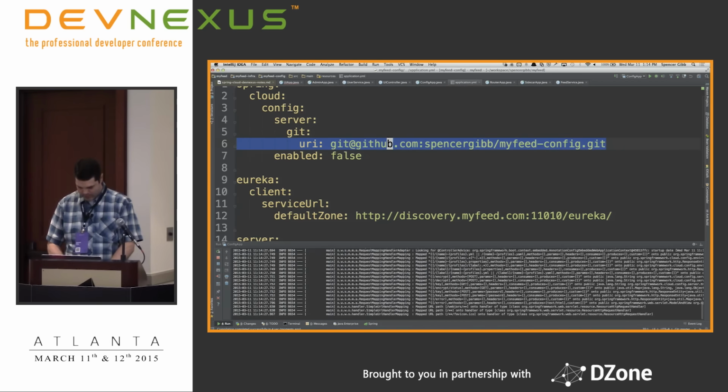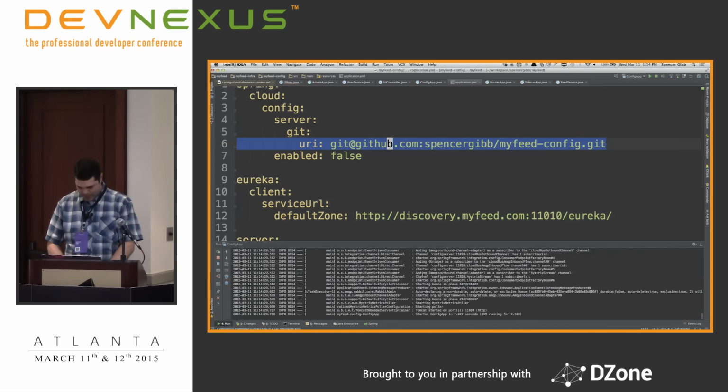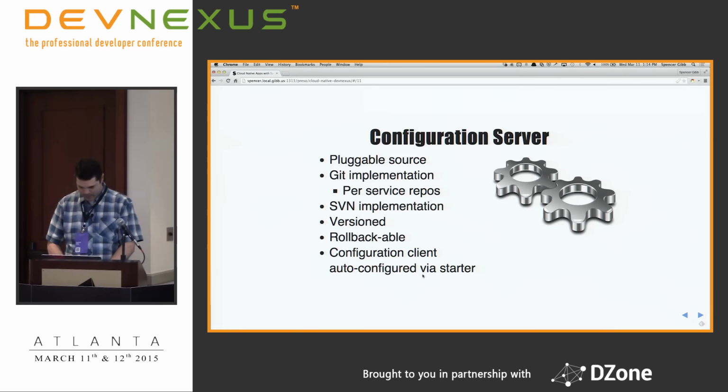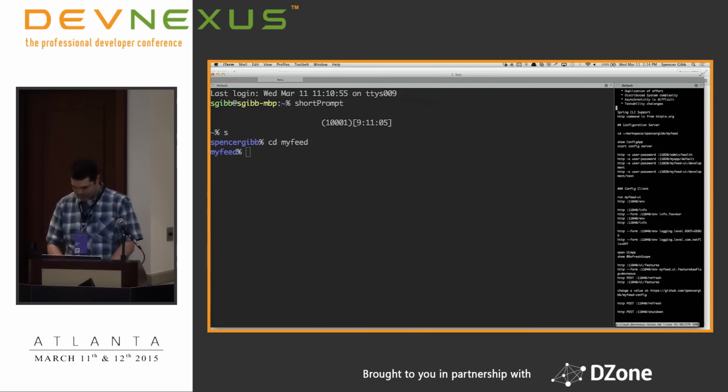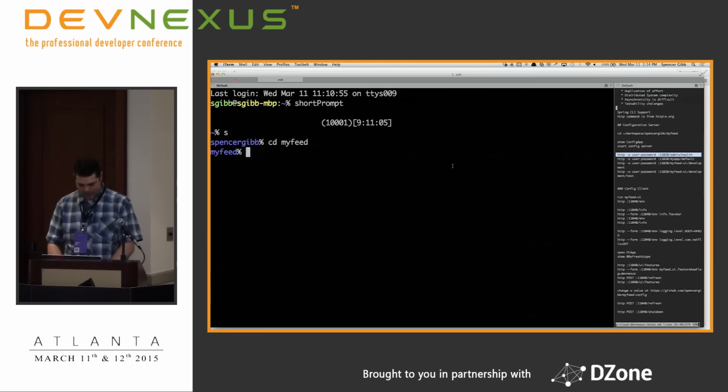There, we're up and running. Go to my terminal and we'll hit some pretty simple RESTful API to config server.